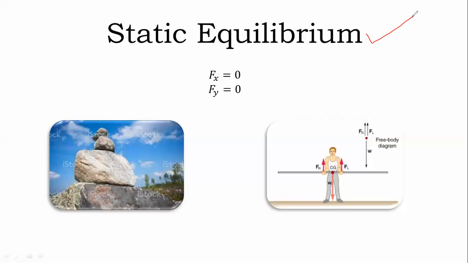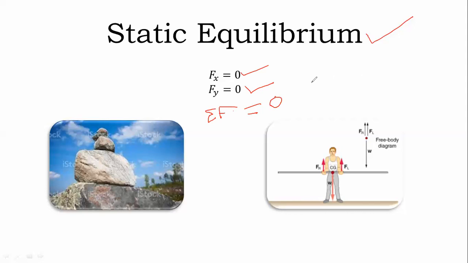Now, my dear students, what are the conditions for static equilibrium? There are two conditions. One is the algebraic sum of all the forces acting on the machine member must be equal to 0, which means summation of Fx equal to 0, summation of Fy equal to 0, and along with that, the summation of all the forces which are acting on a body must be equal to 0. Then we can say the body is in static equilibrium.